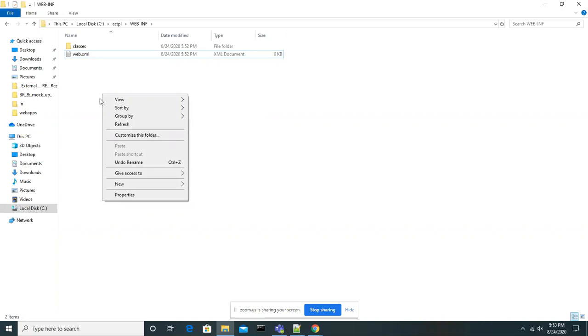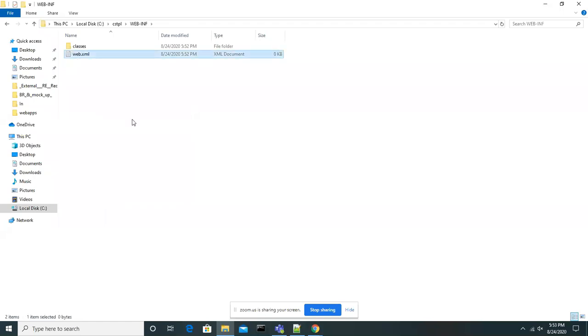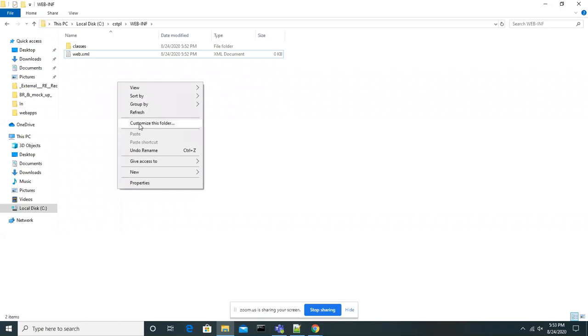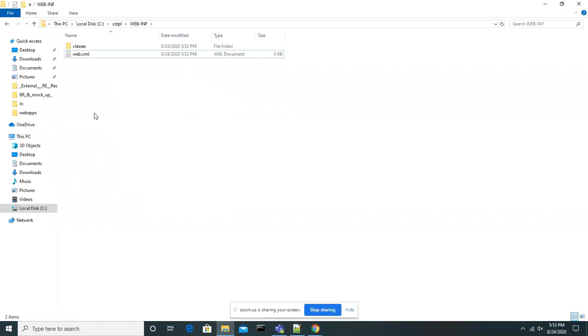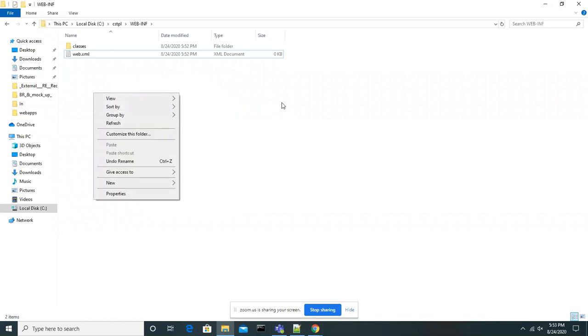Okay, so you don't know anything about what XML is. See, in XML files we place information in the form of tags, guys. We will see that later.